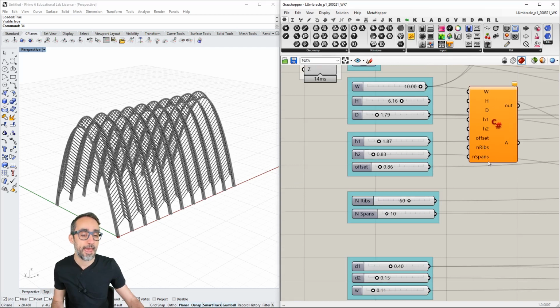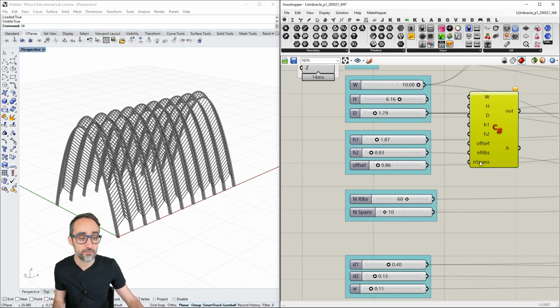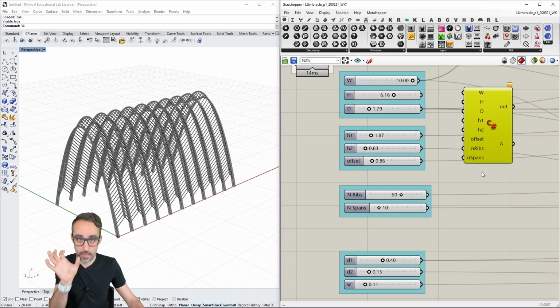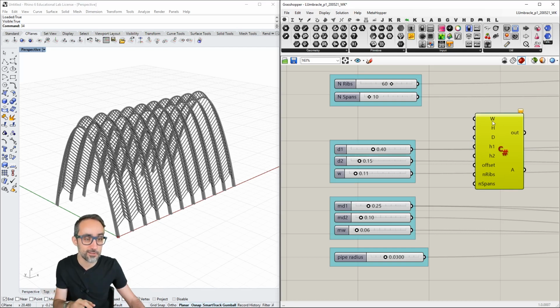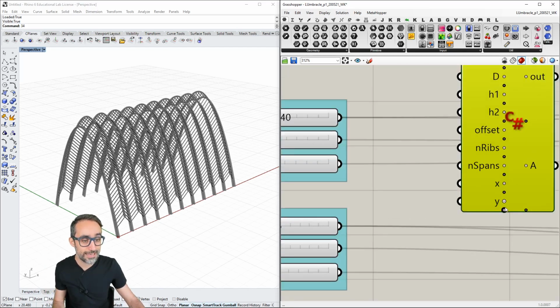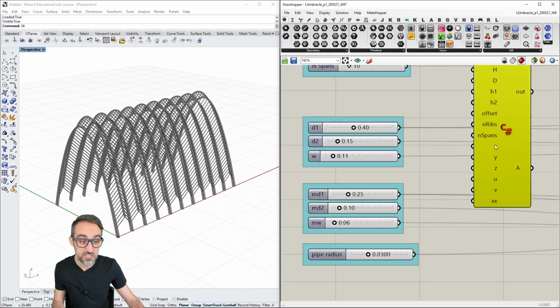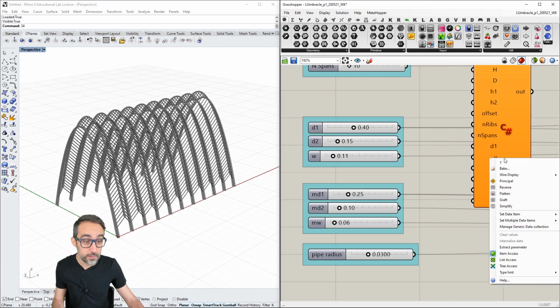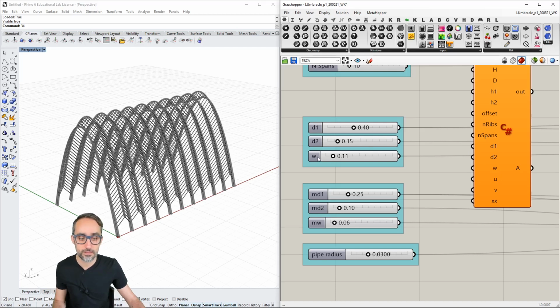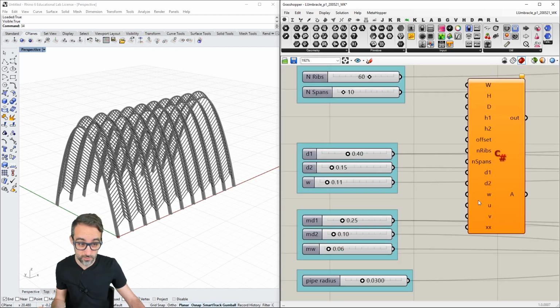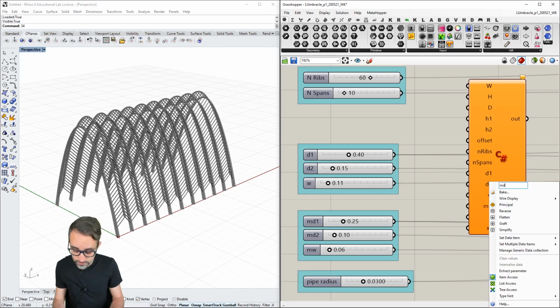white spaces, and in C# it is also a convention that variables are named in camel casing. So the first letter is always lowercase, and then any consecutive word starts uppercase. But here inside of the Grasshopper world, things change a little bit because we usually use one-letter denominations for input variables, which is not great practice in general when you're writing real production C# programs, but whatever. For example, here lowercase w and uppercase W in a real program could lead to a lot of confusion. It's not great practice, but we're just going to do that for the sake of mirroring what we did in the previous video. So MD2,